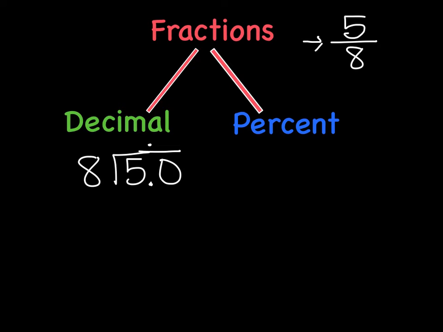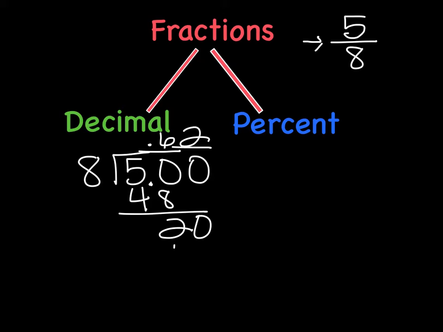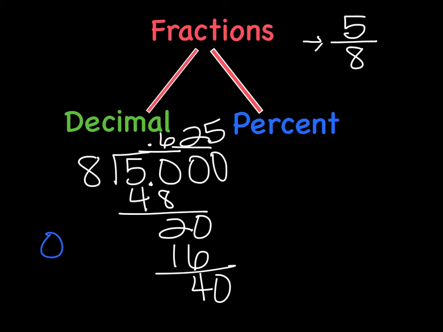8 cannot go into 5, but it can go into 50 6 times. You multiply and subtract and get 2 left over. You can always add extra zeros on. 8 goes into 20 2 times. 2 times 8 is 16. You subtract and get 4. Drop down one more 0. And 8 goes into 40 5 times. So your decimal, after dividing, is